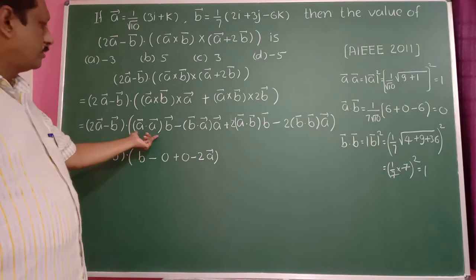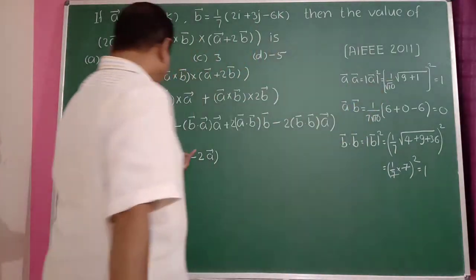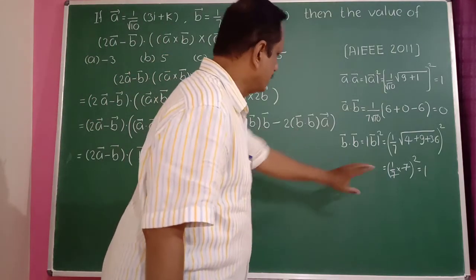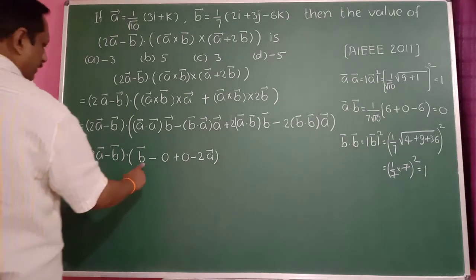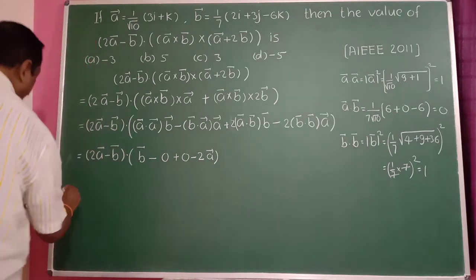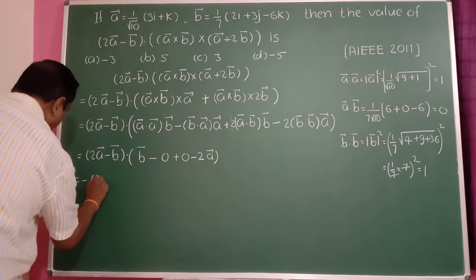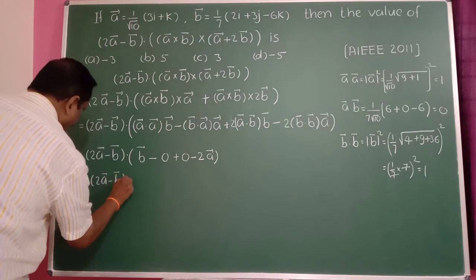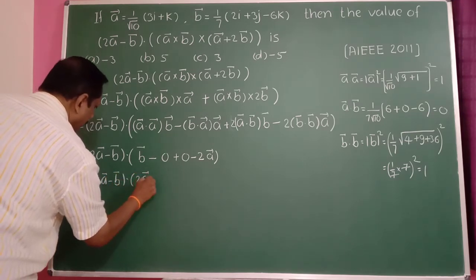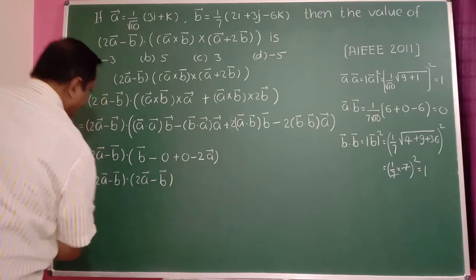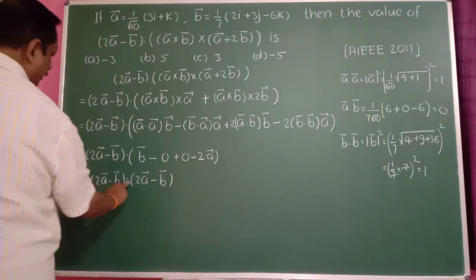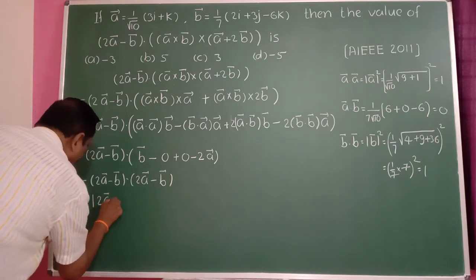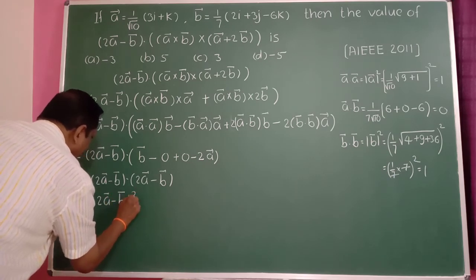Okay, a bar dot a bar, this value is 1. And b bar dot a bar is the same as a bar dot b bar. This is 0, this is 0. And b bar dot b bar is also 1 here. Therefore here b bar minus 2 a bar. Take minus as a common factor. Minus of 2 a bar dot of 2 a bar minus the vector b bar. Therefore this dot of this here is minus of 2 a bar minus b bar, whole square.